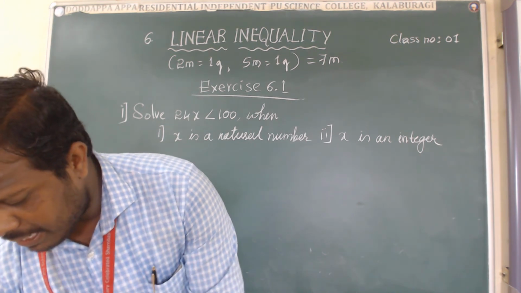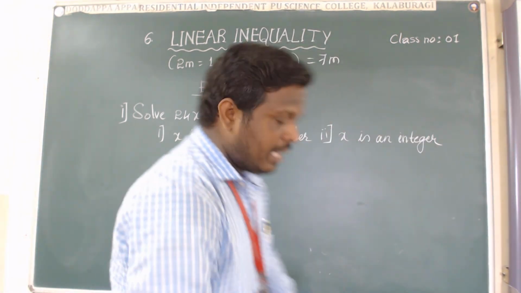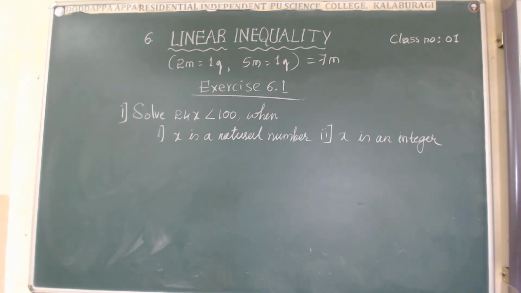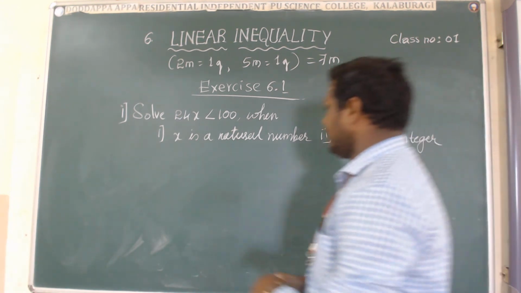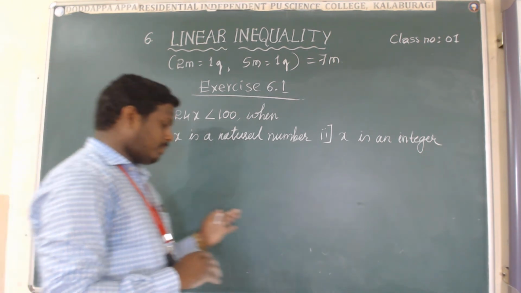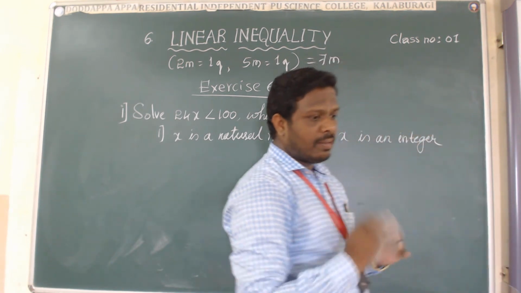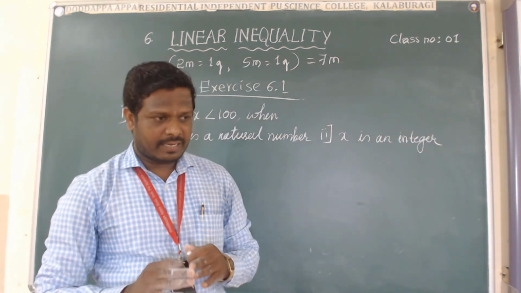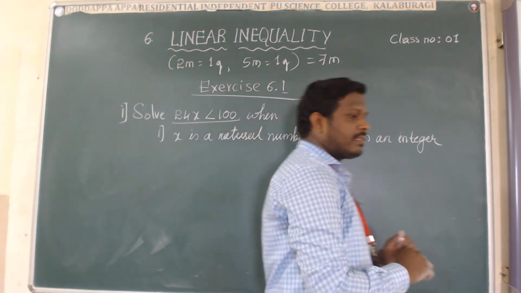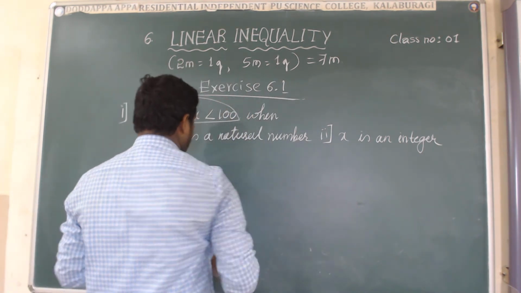Please recall the concepts of inequalities. Before going to explain this example, I would like to explain one more point here. What is the procedure for getting the value of x if x is a natural number and if x is an integer, and the given inequality statement is in this way? For this statement we have to simplify.